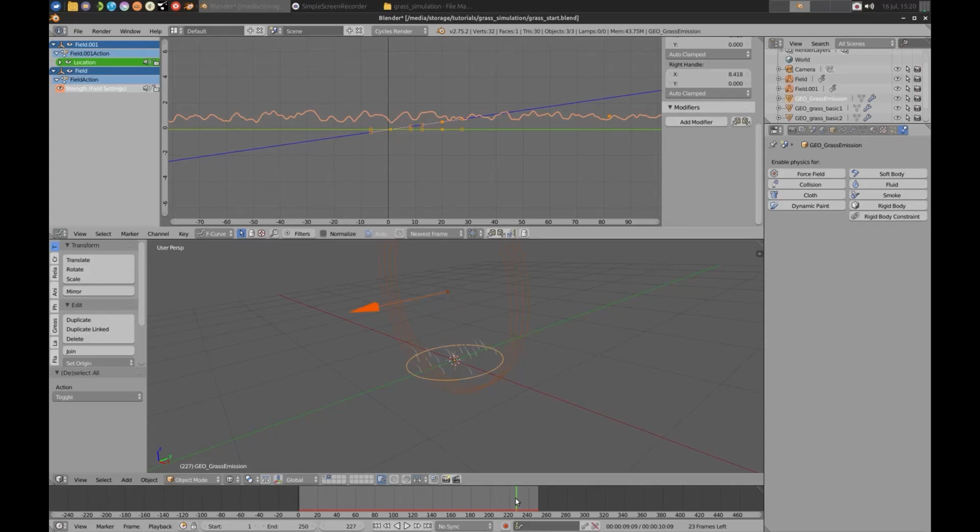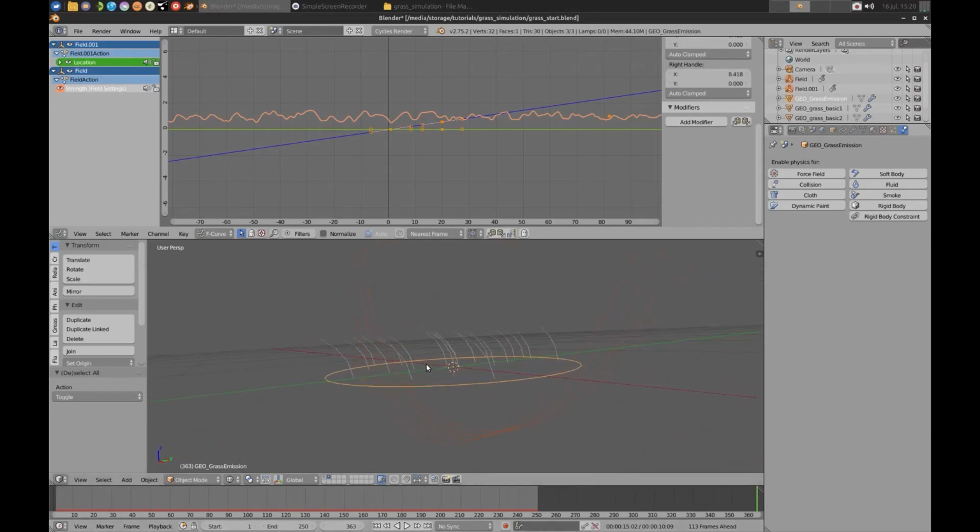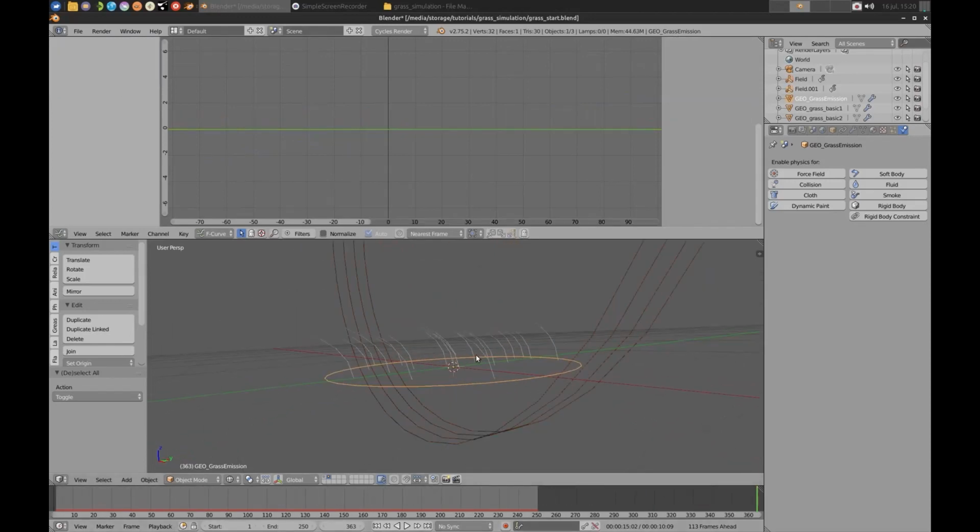So obviously you have to accommodate for all those frame ranges within the simulation. Because what we'll do is bake this animation into this blend file. And then it will be saved in that blend file, and it will also show up in all the other blend files that we're linking this set to.